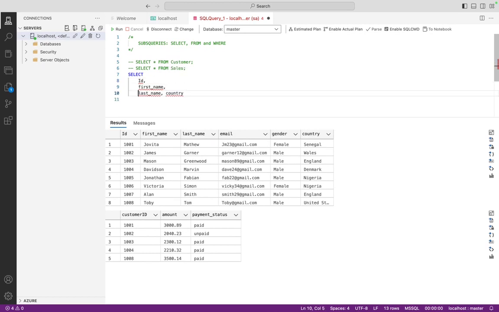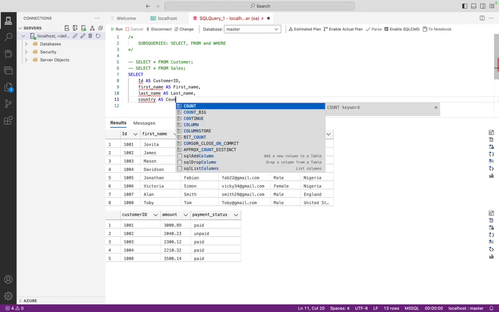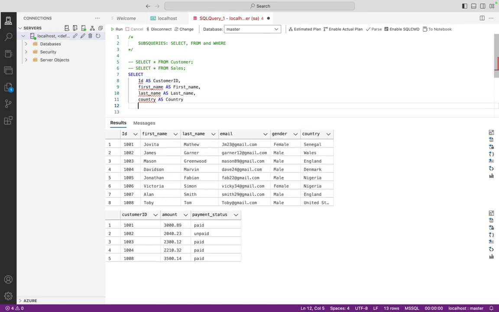There are also times that you want to add aliases, like you can say as customer ID, just the way you want this to appear on the table, and you probably want every first word as a capital letter, then last name, as country. Okay, and from